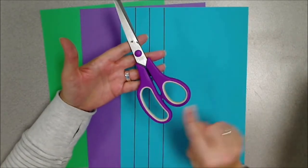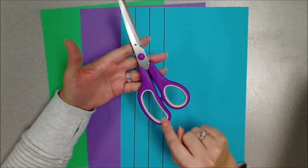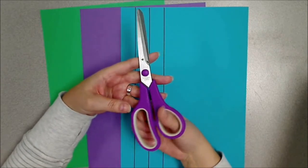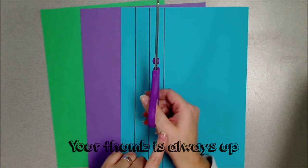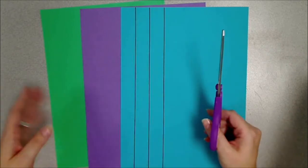When you use scissors, there's a big hole and there's a little hole. Your thumb goes in the little hole. Your fingers go in the big holes. Your thumb is always up. All right, so your thumb is always up. Right here